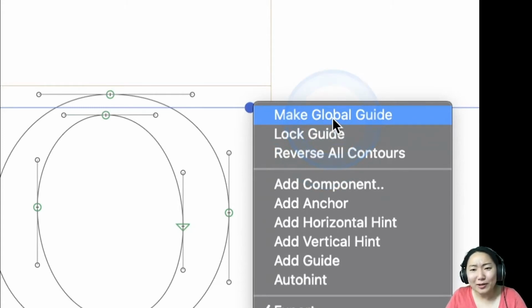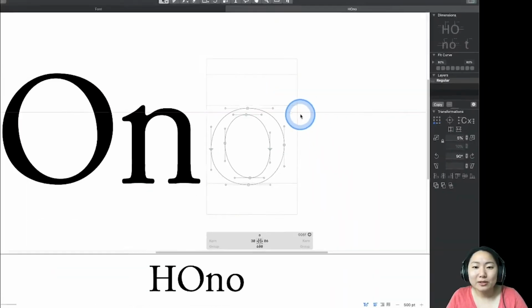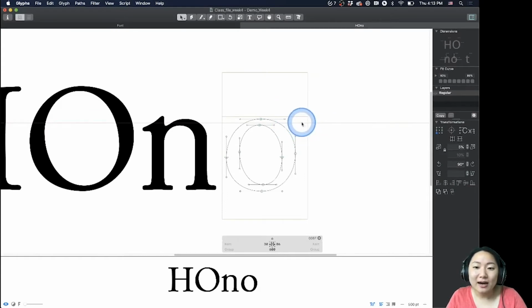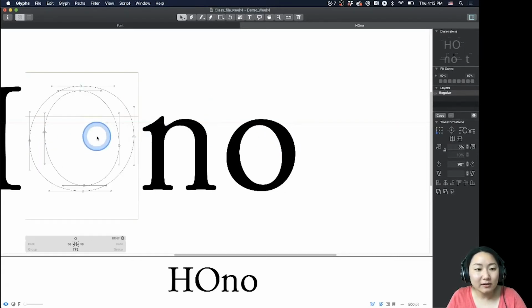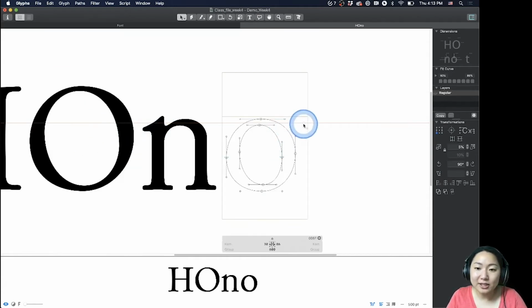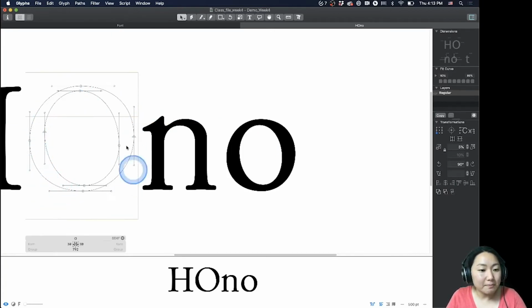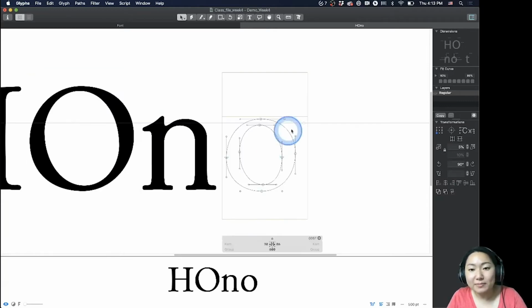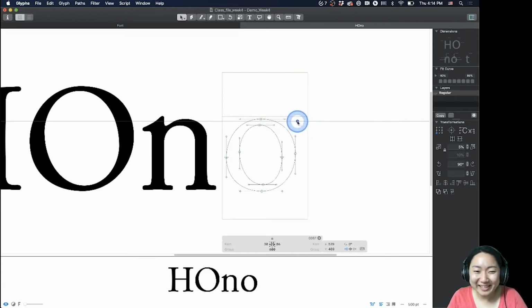I'll just quickly show the global guide. The global guide is emphasized by this red line right here. You'll see that I can move it around, and even if I go to a different letter, you can still see that that line is still there. Let's change it back to a local guide, so that's a blue one. If you go into the big O, you can see that it's no longer there, because it's a local guide that only applies to the lowercase o. All right, so that was a little bit of a tangent. Let's go back to the height itself.